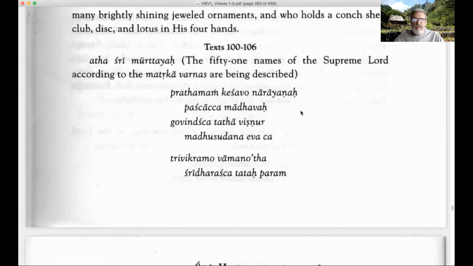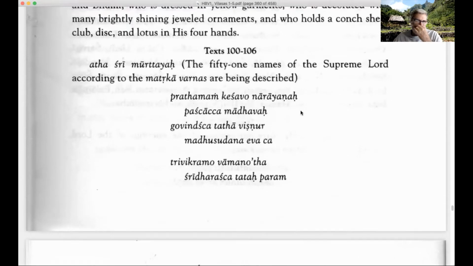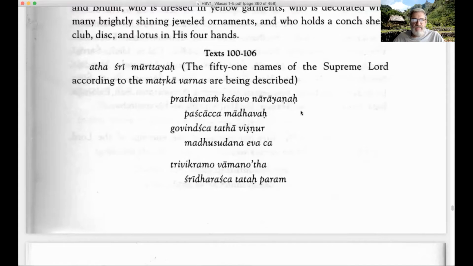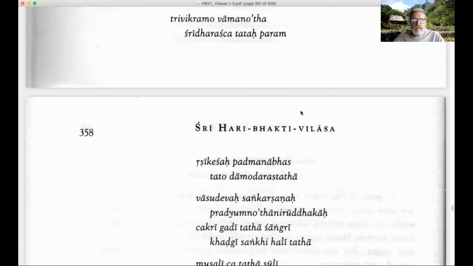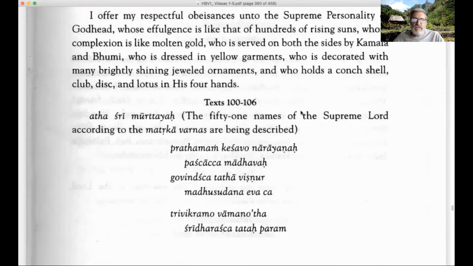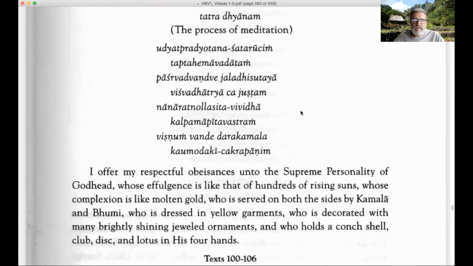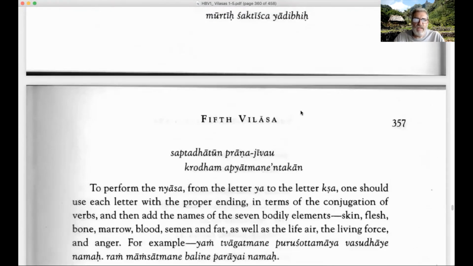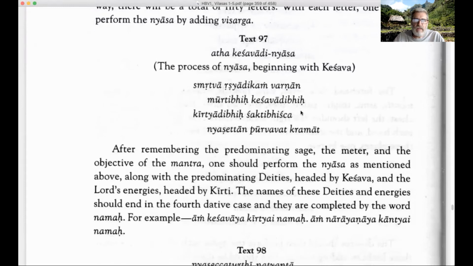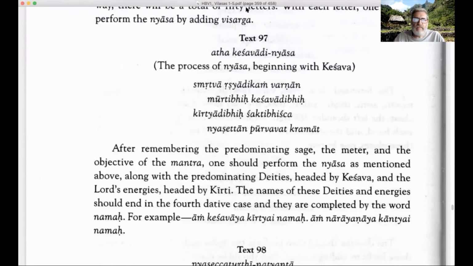Texts 100 to 106. So I think now we're getting into the Murti Nyasa. So why don't we first of all, before we go to text 100 to 106, look at the Keshavadi Nyasa in detail.